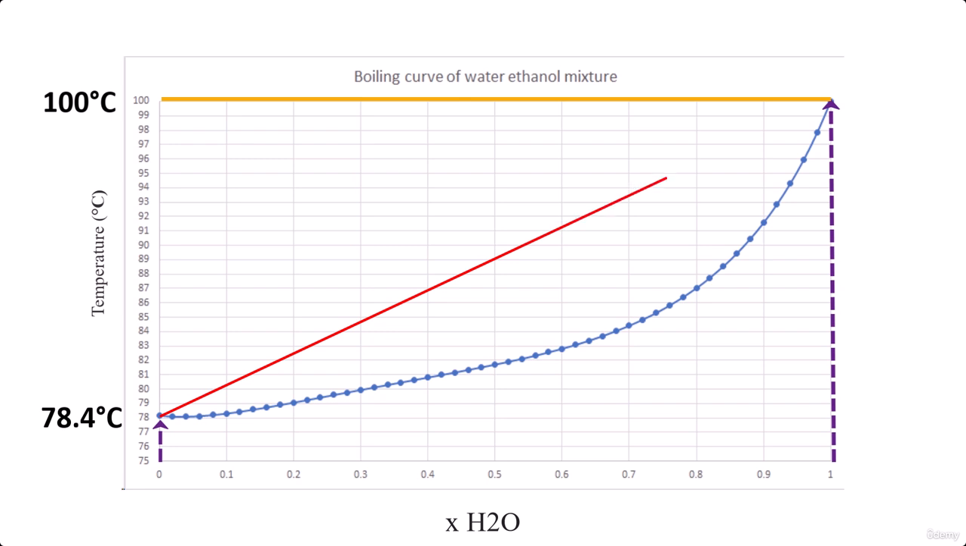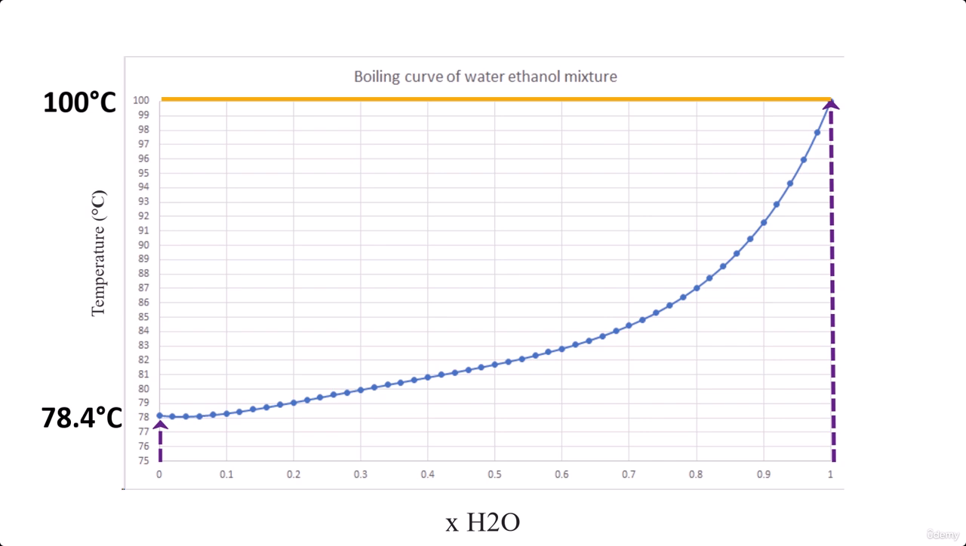But this relationship is not linear. It doesn't just go in a straight line between 78 and 100 degrees. Instead, it forms a curve, which we can plot in Aspen HYSYS using the TXY diagram. This diagram is especially important in distillation and separation processes because it shows us how the liquid and vapor compositions